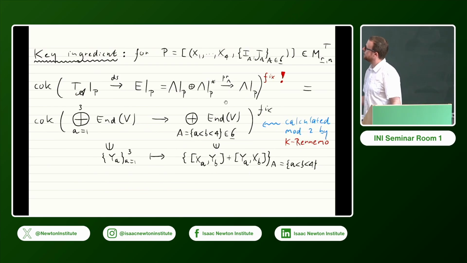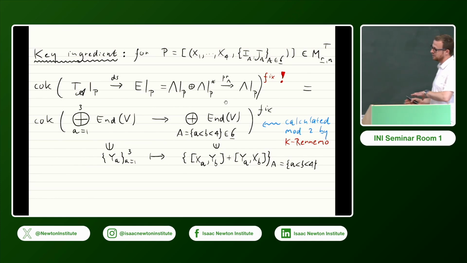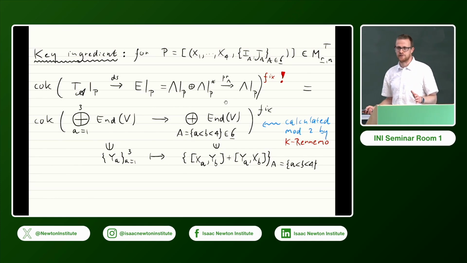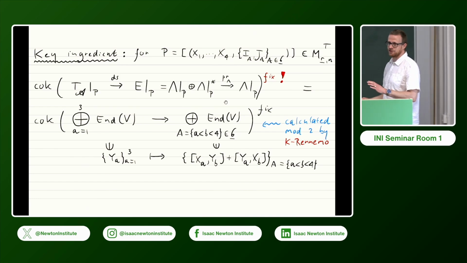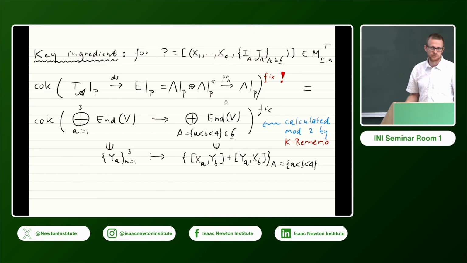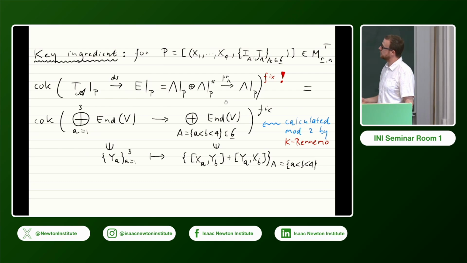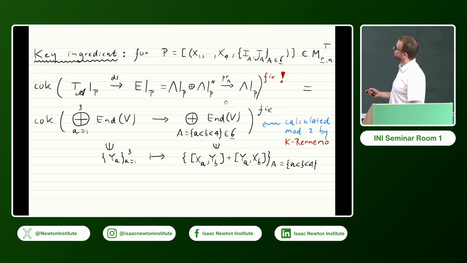So the key feature here is that, even though the origami quiver looks quite different from the Hilbert scheme quiver, the sign analysis for the origami quiver is identical to the sign analysis for the Hilbert scheme quiver. So if you take a fixed point P, consisting of x1 up to x4 and IAJA,